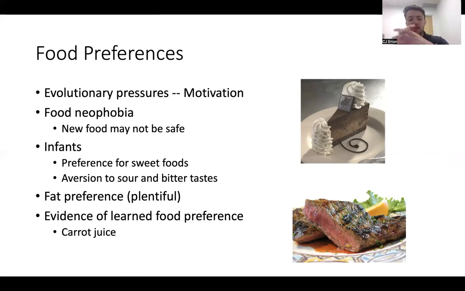So while these first few points give evidence for evolution, food preference also seems to be learned to an extent. So it's a combination between evolution and then what we all learn about food, especially in our early days of life or existence. There's a study in the book that gives evidence that food preference is learned.